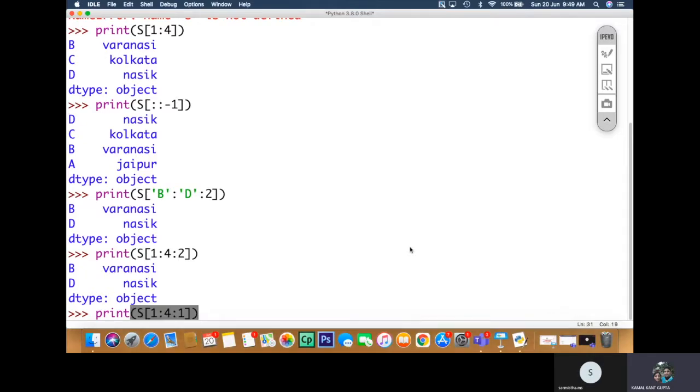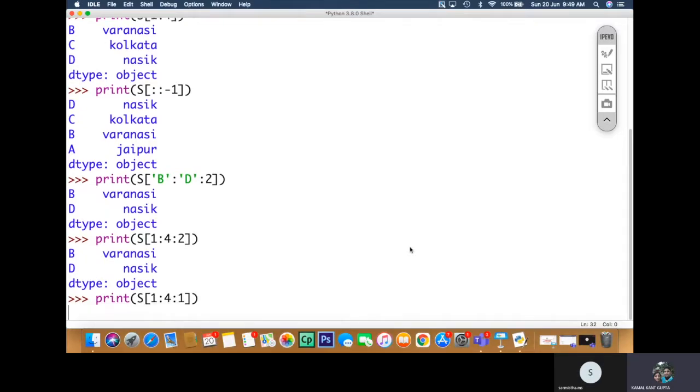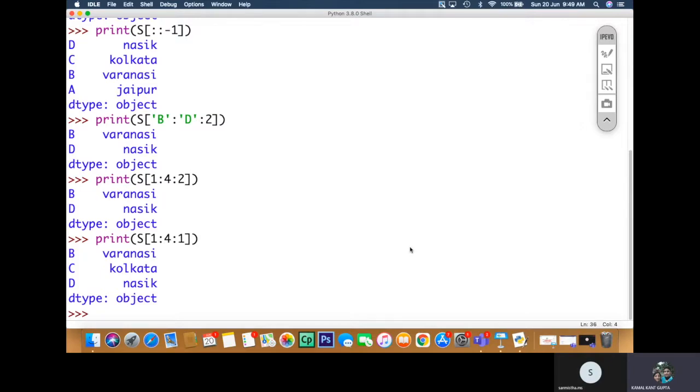What happens in this case? 1 to 4 goes up to end minus 1, so end minus 1 is not there in this case. Okay, s at 1 colon 4.